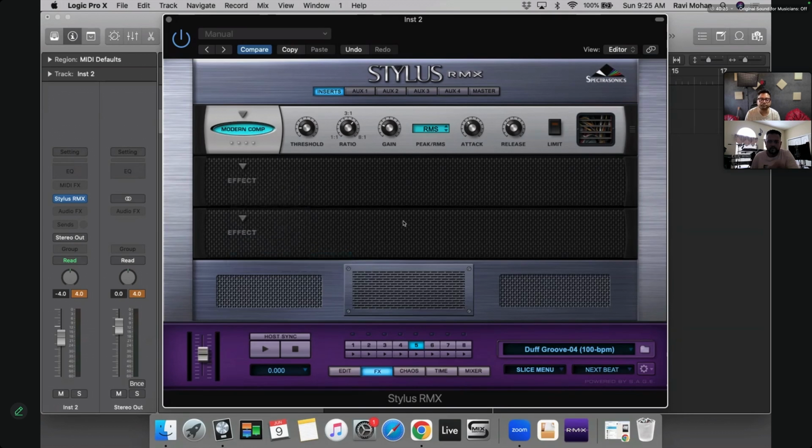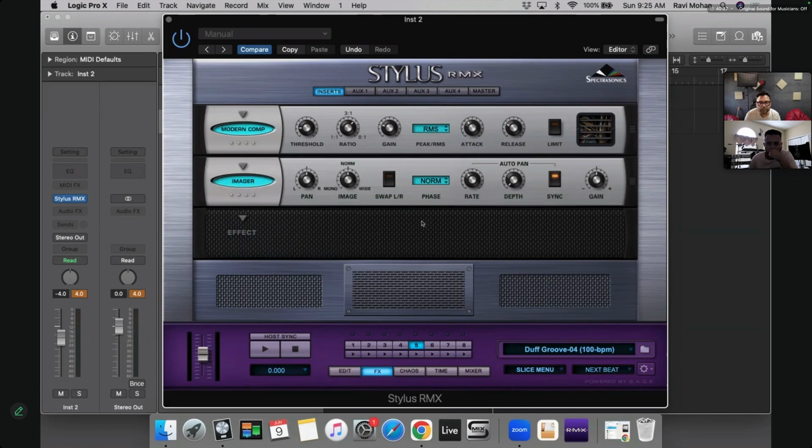Imager, yeah. Now inside this auto pan, you can just increase the depth. So depth is how much from left, 100% left to right, or less and less. This is 100% left, right? This is less. You can see the value as well, 75.5.